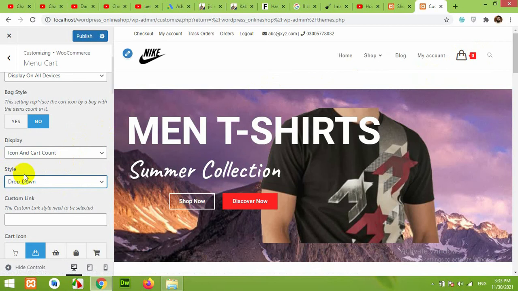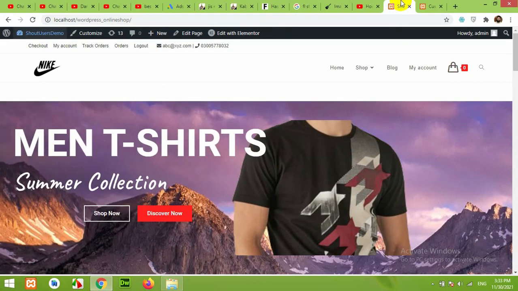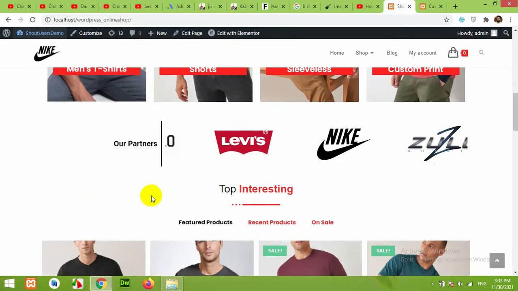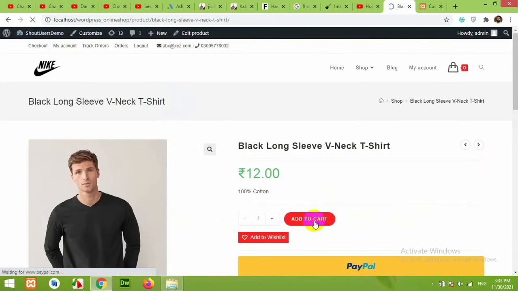Now the next thing is style. For example, if you hover on this icon, right now it's showing how many products are in your cart or that the cart is empty. Let me add a product into the cart and let's see what is the effect of this. Click on any product and click on Add to cart.